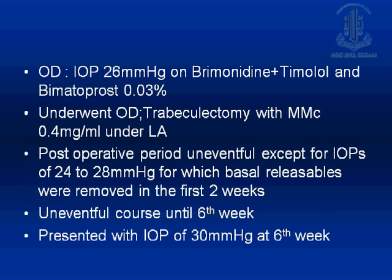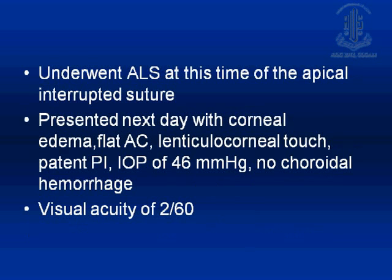Following this, the intraocular pressure in the right eye was quite high with maximum topical medical treatment. Therefore, he underwent trabeculectomy with mitomycin C. The postoperative period was uneventful except for IOPs of 24 to 28, for which the two basal releasable sutures which were applied were removed. The postoperative course was uneventful until the 6th week. At the 6th week, the patient presented with an intraocular pressure of 30 millimeters. At this time, there was an apex interrupted suture left, so the patient underwent an argon laser suture lysis